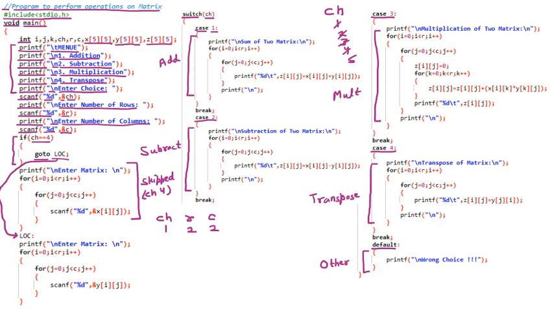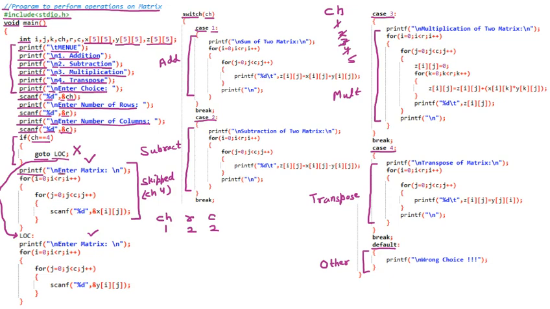It will only ask for the other matrix. You can see that it asks for enter matrix, enter matrix, so basically it is asking for 2 matrices. For addition, subtraction, multiplication, meaning cases 1 to 3, we need 2 matrices. But for case 4, we need only 1 matrix. That's why the first part we have skipped. So in case 4 only 1 matrix will be asked, but we are supposing case 1 right now. So the goto will not jump here, it will go there.